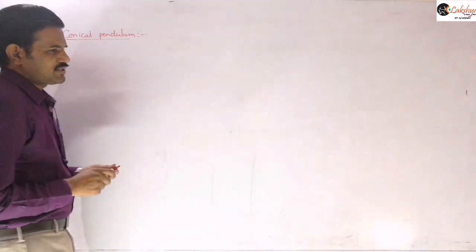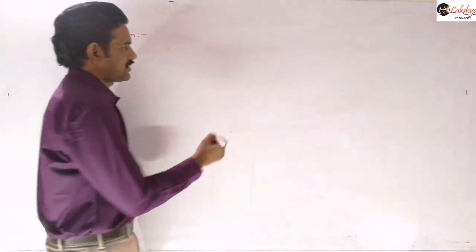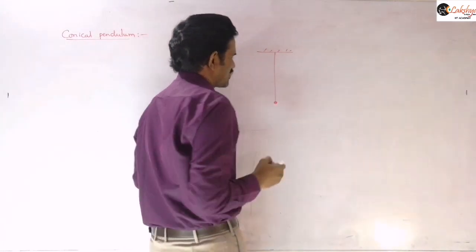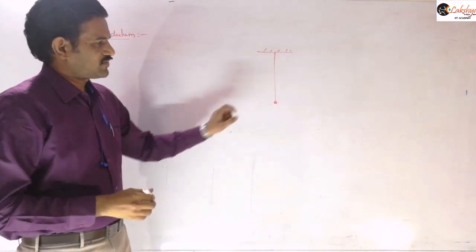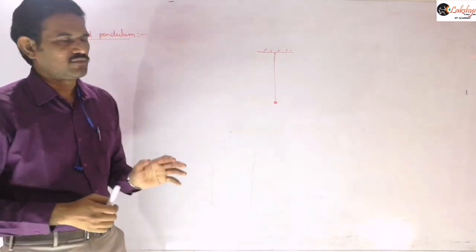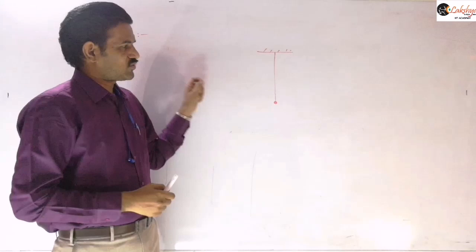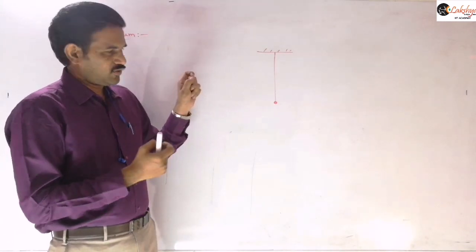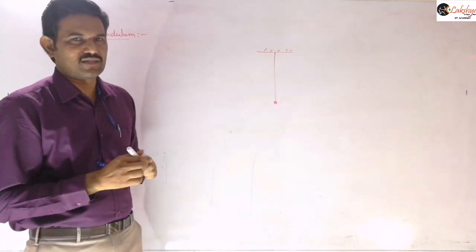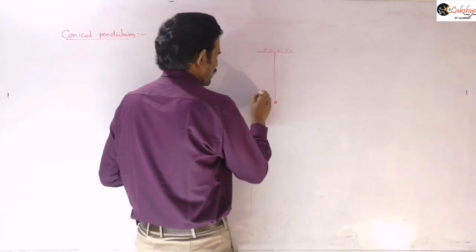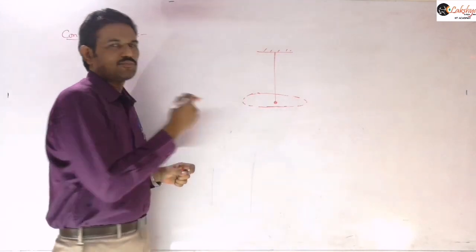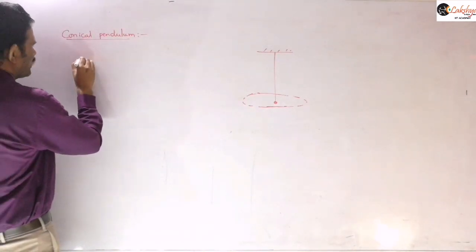So this conical pendulum is nothing but, all of you know the simple pendulum. Simple pendulum means we know a heavy point mass is suspended by using an inextensible string. And now this bob is pulled to a side and released. Then it makes oscillations here. Then we call it a simple pendulum. Now instead of pulling it to a side and releasing it, if you rotate this bob in a horizontal circle, then we call it a conical pendulum here. So instead of oscillating in a vertical plane, if you make the bob revolve in a horizontal circle, then we call that a conical pendulum.